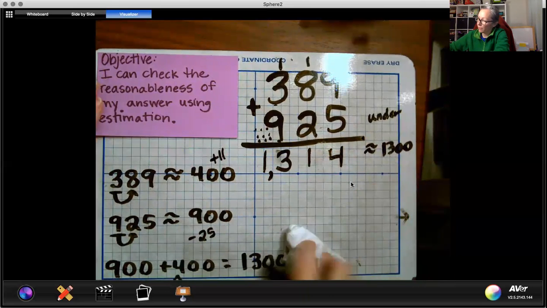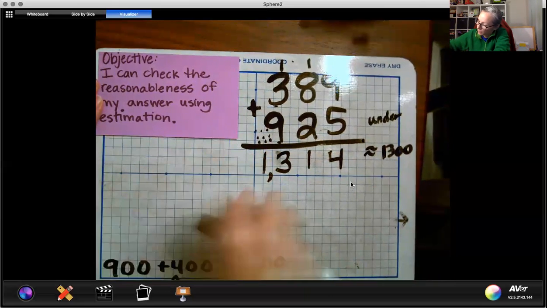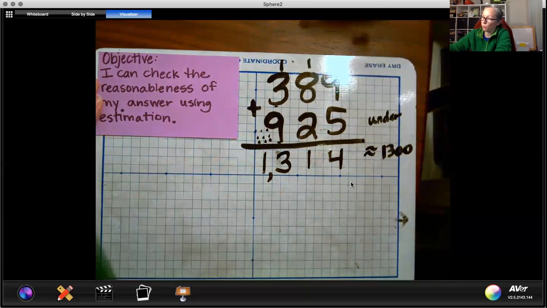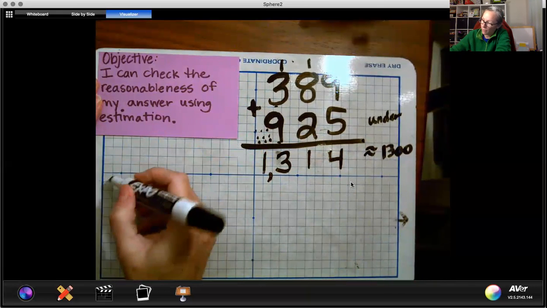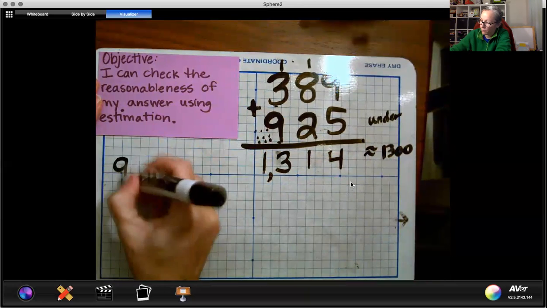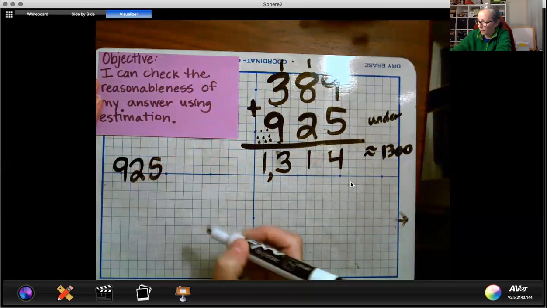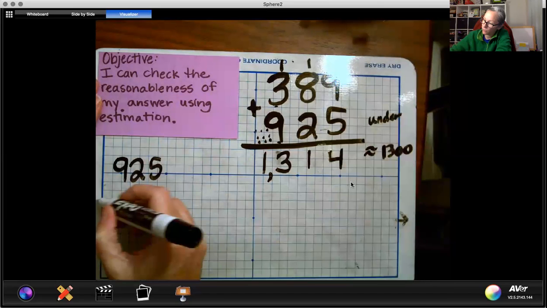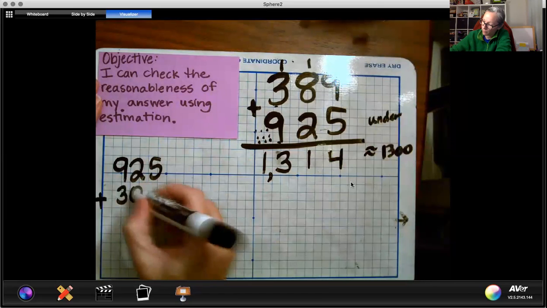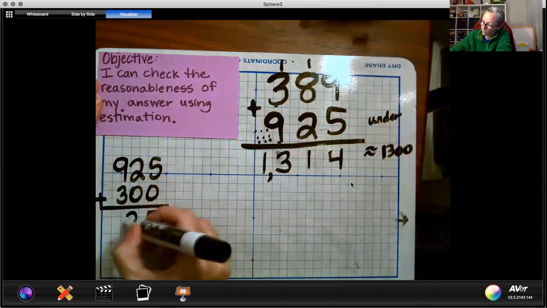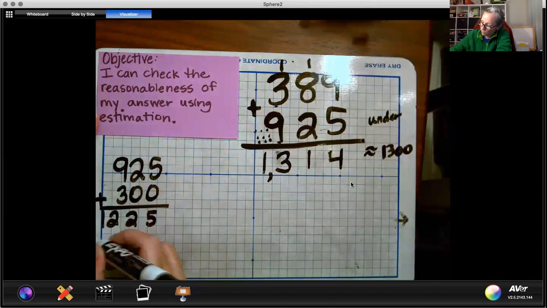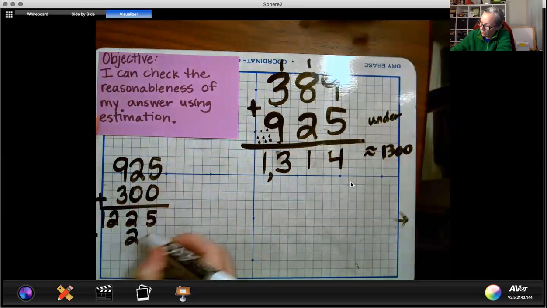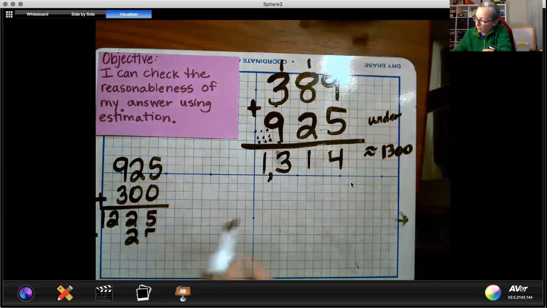Okay, so I've shown you how to do this with a standard algorithm. Let me also show you how to answer 925 plus 389 another way. This time, instead of doing a number line, I'm going to show you how you could use place values. So I'm going to do 925 and then I'm going to break apart 389. So I'm going to do plus 300